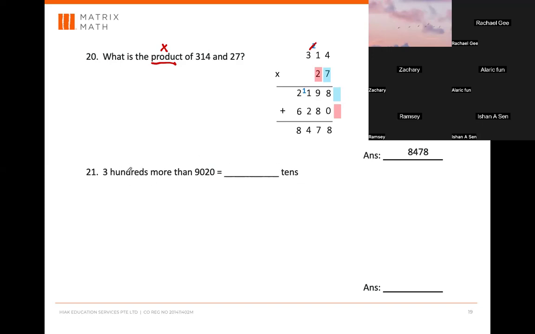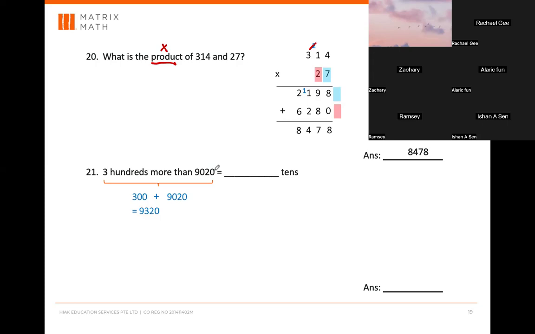21, you see the hundreds and tens here, so you have to be careful with these hidden words here. 300 more than 9,020. So 300 will be 300. More means you plus 9,020. That will give you 9,320. Okay, so if you straight away never read this question, you just put the 9,320, you will get it wrong